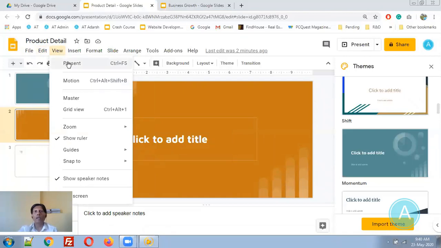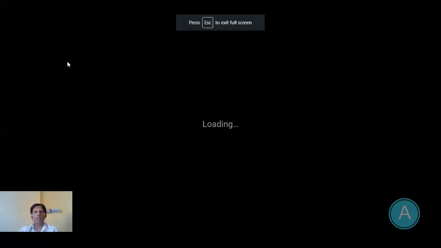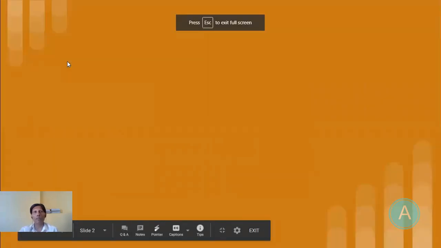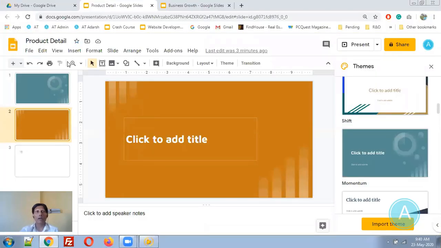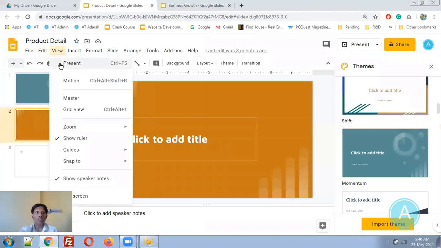Here the view menu is there. In case of Microsoft Word or Docs, there is a general presentation view, where you can view as a web view or as a print view. Here in this case, the present option is there. The present option will start the presentation, so everything else will be removed and only the screen will be there, whatever the text contents are. You can use the left arrow and right arrow to go to the previous slide and next slide. Suppose you would like to exit from this presentation view, then press the escape button. So this is the useful present option.